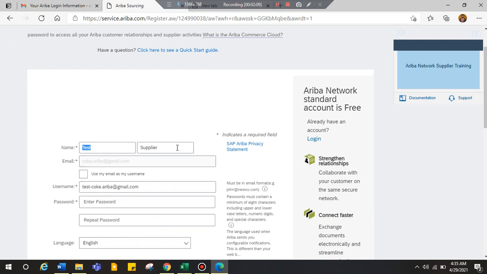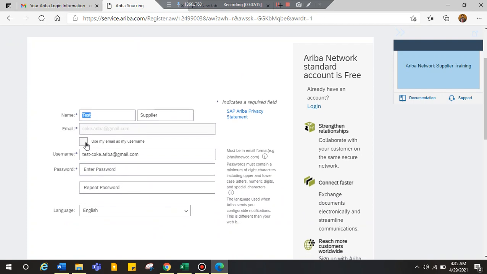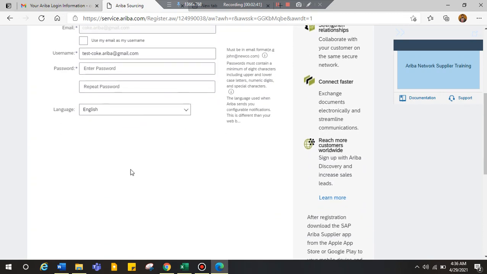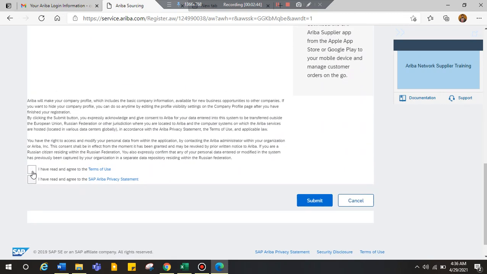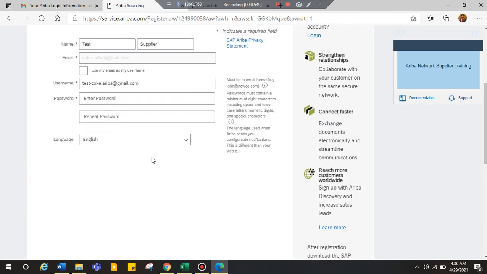Here you need to fill in a few details. So the name of your company, your name, you can use your email address as your username, or in this case I'm going to use test as gov.ariba at my username because it's a test account. Then you have to set your password. You have to make sure that the password contains alphanumeric characters. It also contains special characters, and you need to use both lower and uppercase. Here's the information on what the password must contain. You can read it from here as well. So I'm going to set a password right here. Then I'm going to repeat the password, and then you just have to agree to these two terms and conditions, right? So I'm just going to quickly fill up this form, and then I will be back.